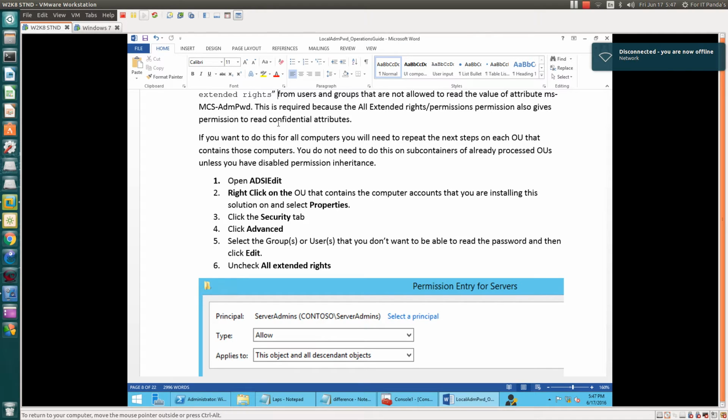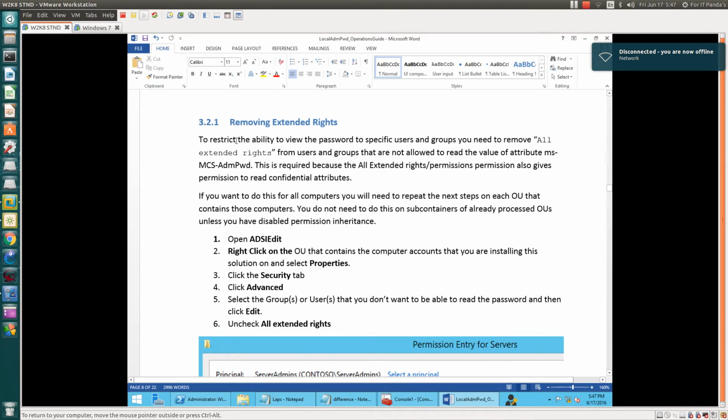So for that you have to cross verify that the extended rights are not applied to everyone. If they are, that means any normal user can also view your confidential attributes. They can also make out what the local admin password is for HR people.